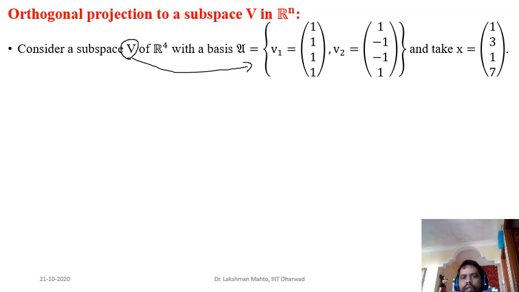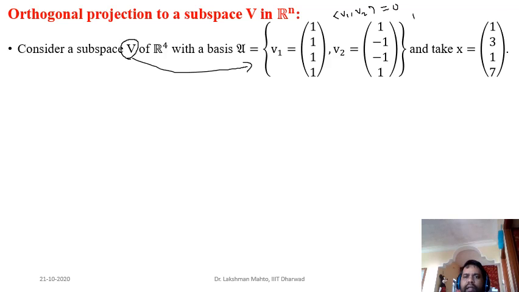In order to do that, because we have the idea of inner product, just do the inner product. So what is the inner product of v1 with v2? The inner product is 1 times 1, minus 1 times minus 1, and so on; it is coming 2 minus 2, that means 0. So v1 and v2 are orthogonal, that means perpendicular to each other, but these two are not unit vectors.